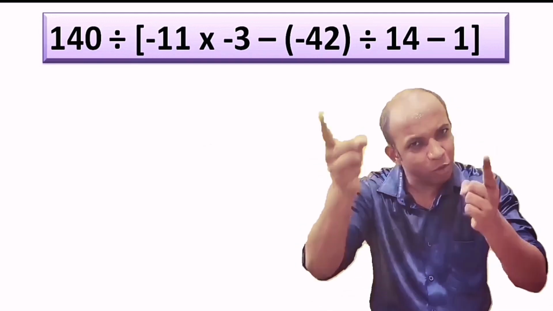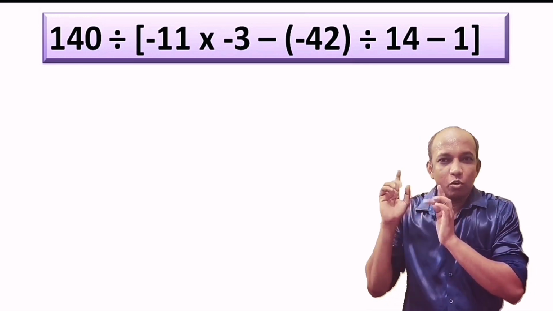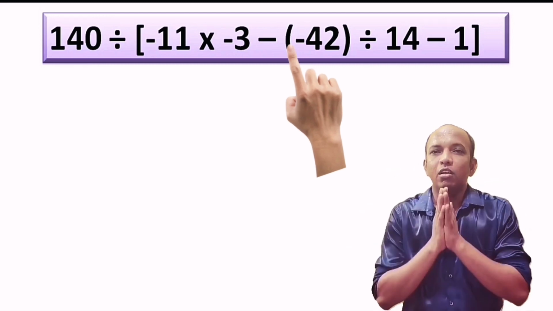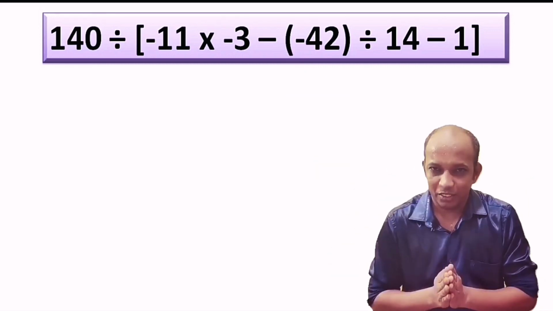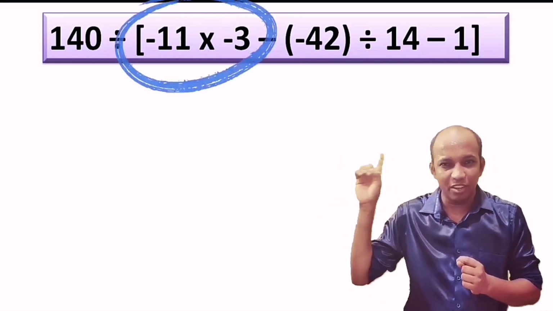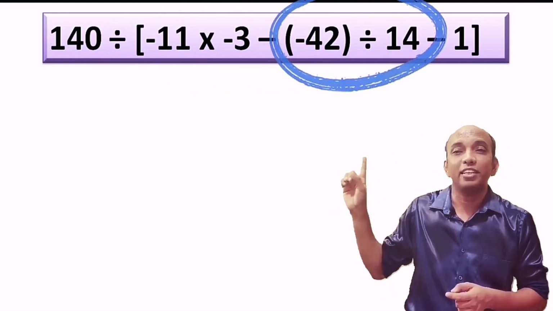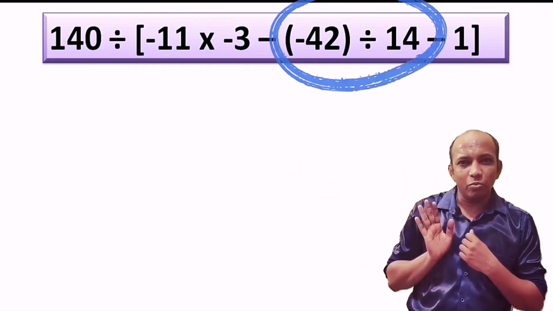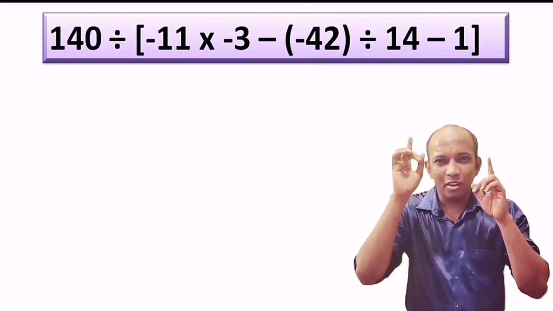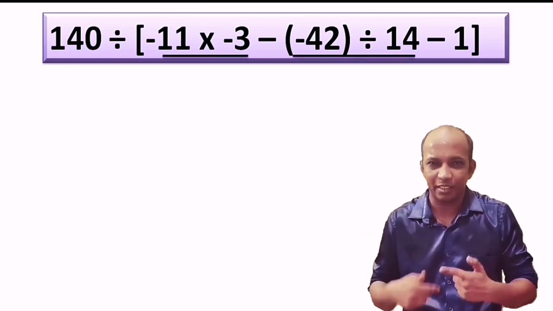Okay, very first, no need to fear because Sachin sir is here. If you observe, we have one square bracket and a few simple brackets also in the question, right? So if you observe that square bracket first, move left to right. There is one multiplication, that is negative 11 into negative 3, and there is one division also, negative 42 divided by 14. So the moment we try to solve from left to right, we have to complete multiplication and division first of all. So underline it. Okay, we can carry out two operations at a time.